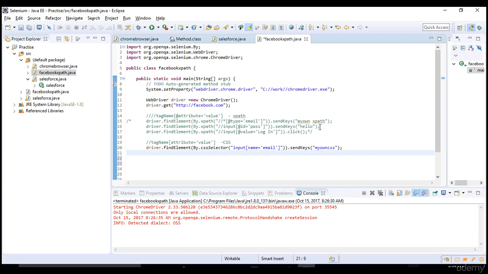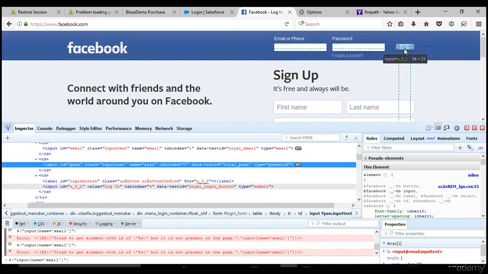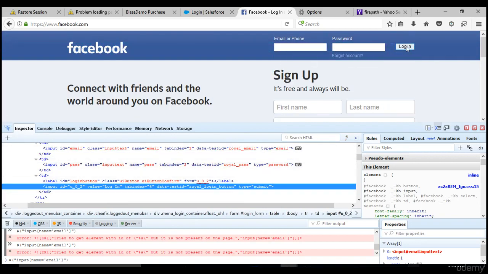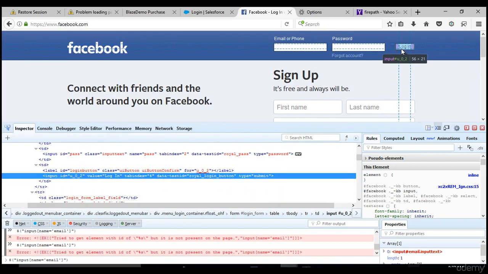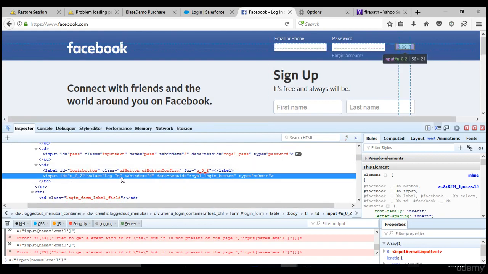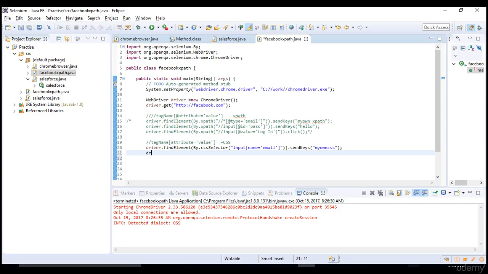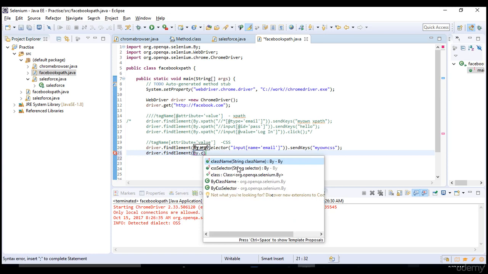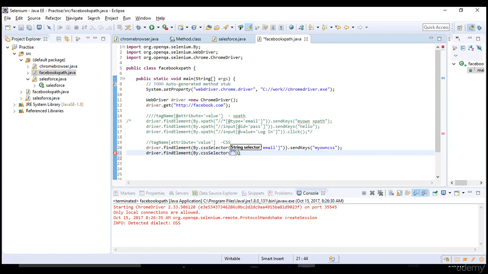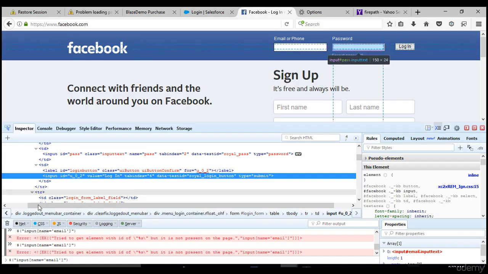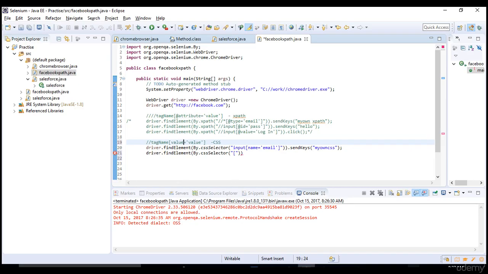So let's directly click on login. We have already seen password, so we should not waste much time again on the Facebook thing. All right. So value login, tab index 4, and let's use CSS for value login. Find element by dot CSS selector. You can also skip the tag name. If you want to skip, in XPath you are giving star, right? In CSS, just leave it blank. Don't give anything. Directly start with the open bracket for the attribute, attribute value.